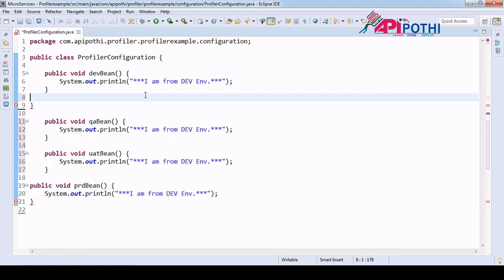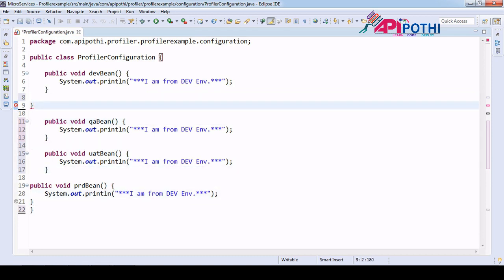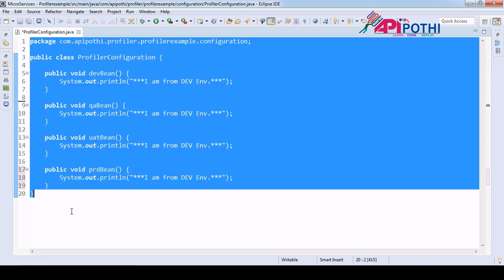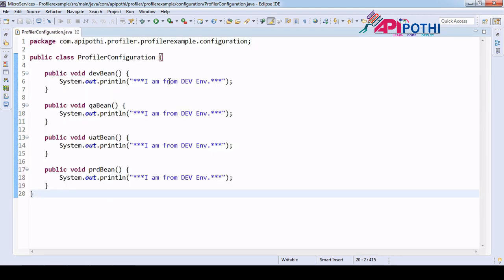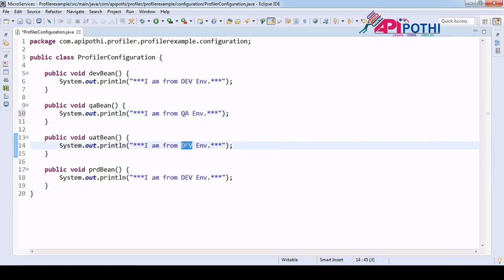Now accordingly I need to change the log message also. So this is the dev, this is the QA, this is the UAT, and this is the prod. Okay, just for our tracking purpose.